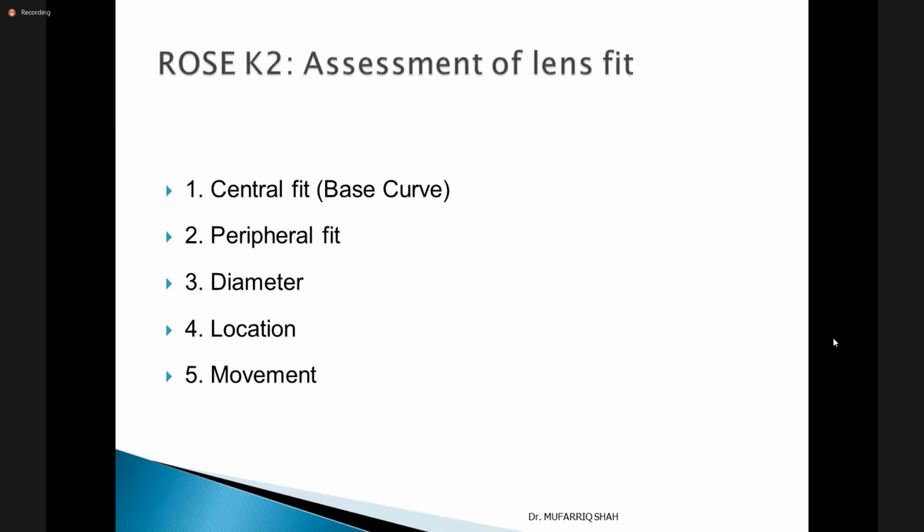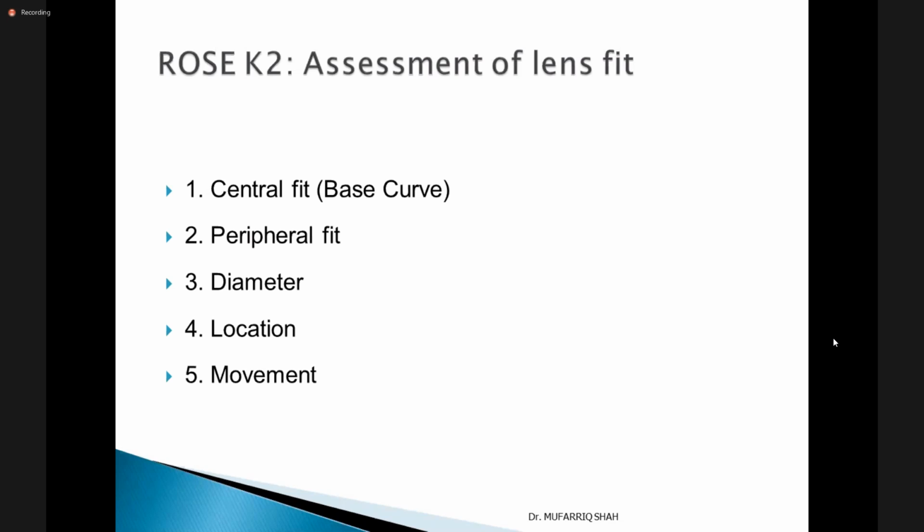Now, the assessment of lens fit. Suppose you applied an RGP lens and now you want to do the assessment. So how will you proceed? Or suppose you ordered a new lens for a patient, you applied the RGP lens on the patient,